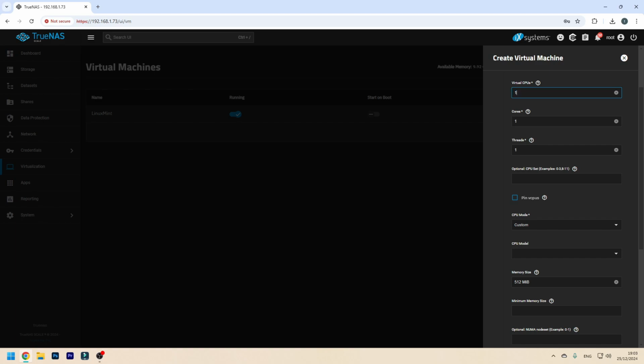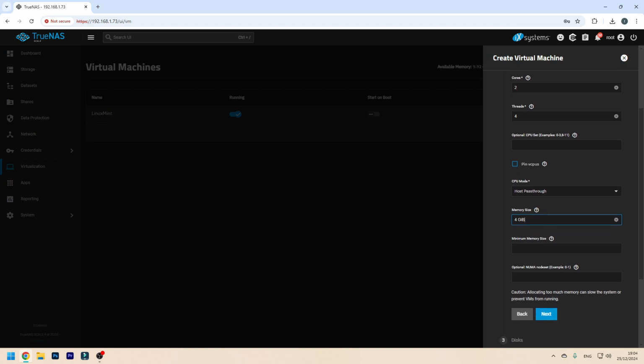These are not cores, processors. For example, if you want a motherboard with dual sockets, you have to change this to 2, but I'm only gonna set it to 1. 2 cores, 4 threads will be enough. Here you can set the CPU mode. I'm just gonna set host pass-through. The i7 is going to be enough. Here you can change the memory. I'm gonna type in 4 GB, means 4 gigabytes,